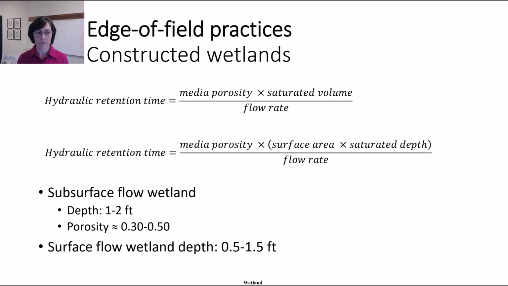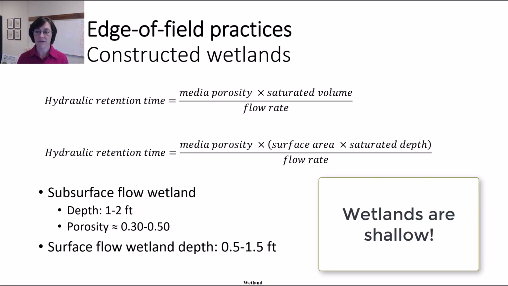And when I was learning about wetlands, I was very surprised about this. Wetlands are specifically defined as being shallow. So here we're talking no more than 2 feet of depth of water. We're not talking 3 or 4 feet, less than 2 feet. Wetlands are a very shallow water body, and that's what allows the wetland plants to be a part of the system. So wetlands are specifically defined as being shallow.